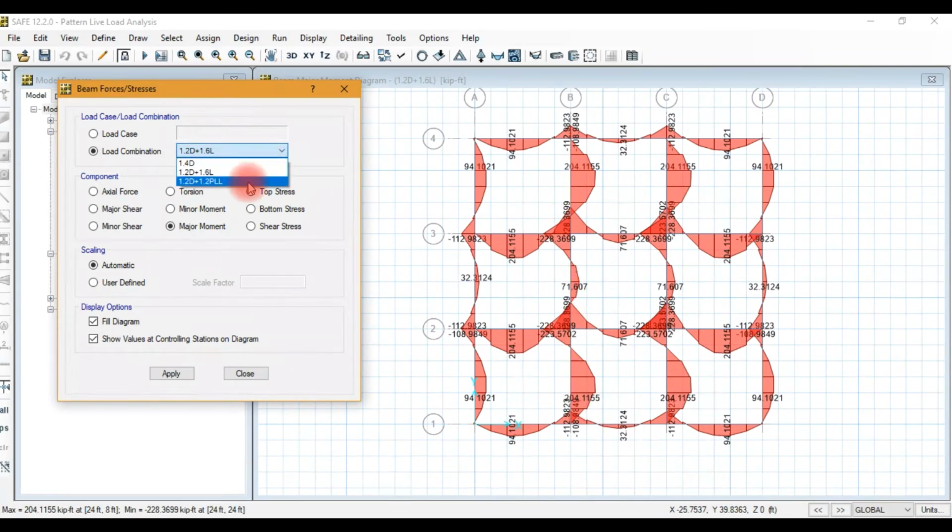But even though pattern live load has a factor less than live load, live load has a factor of 1.6 and pattern live load has a factor of 1.2, you can see the results.